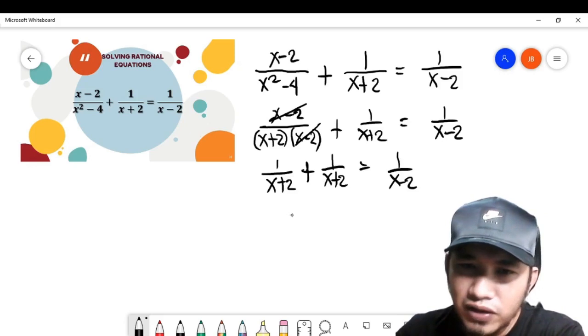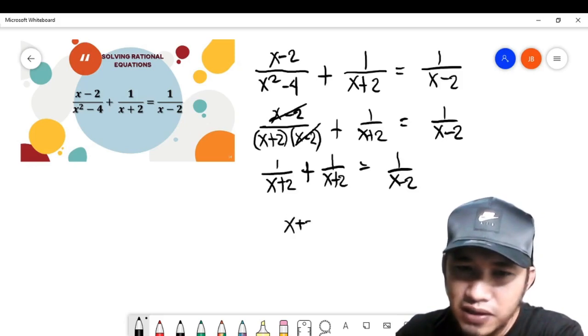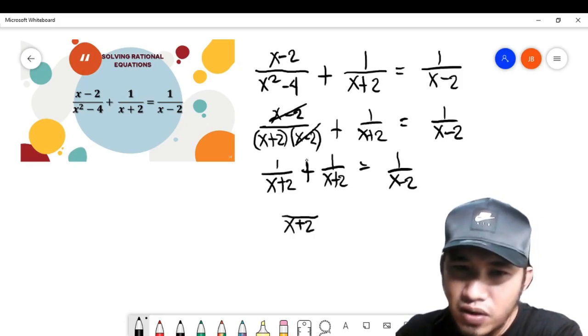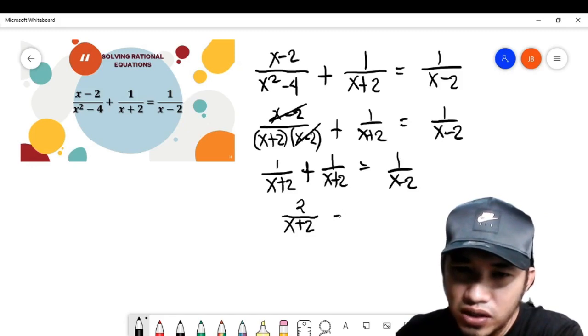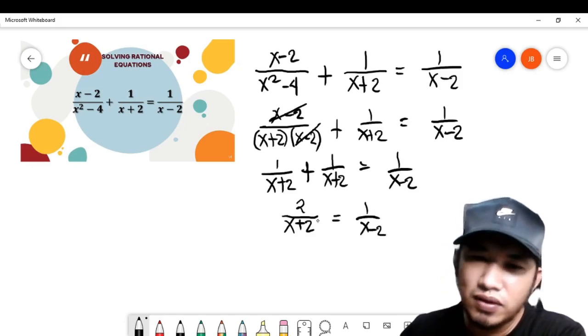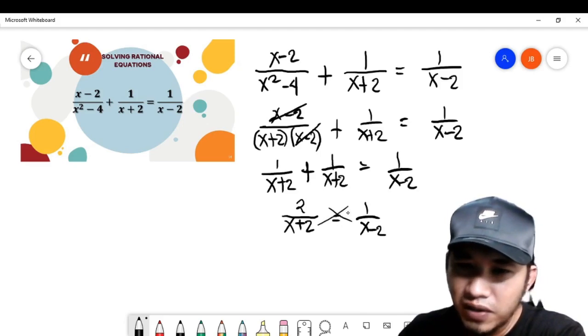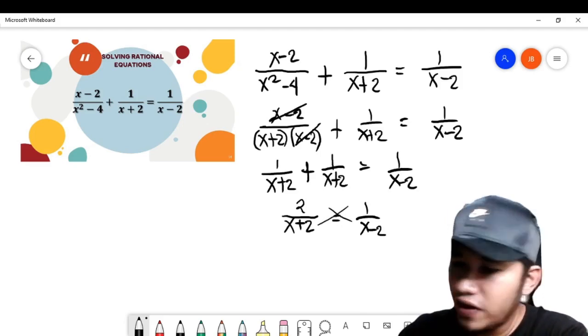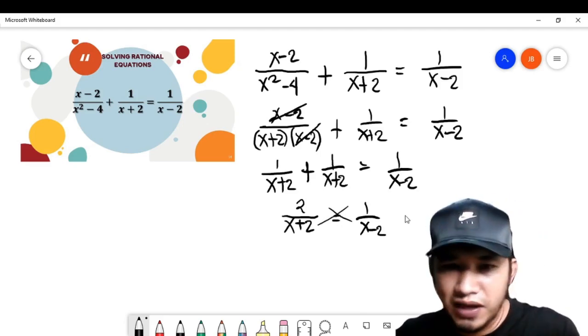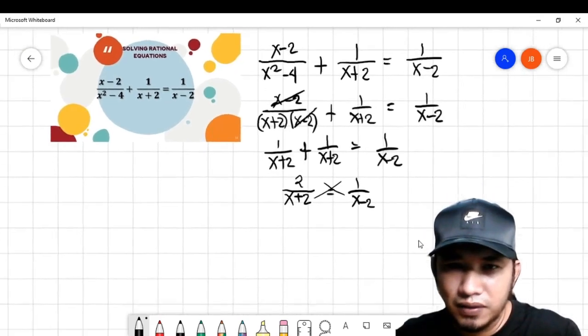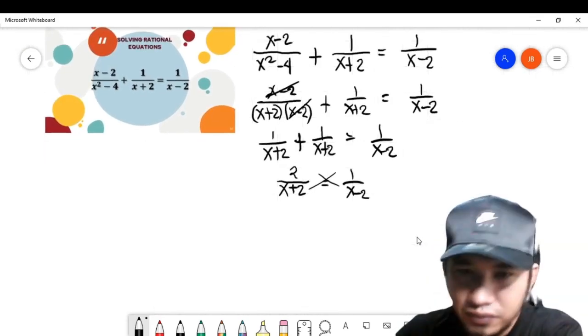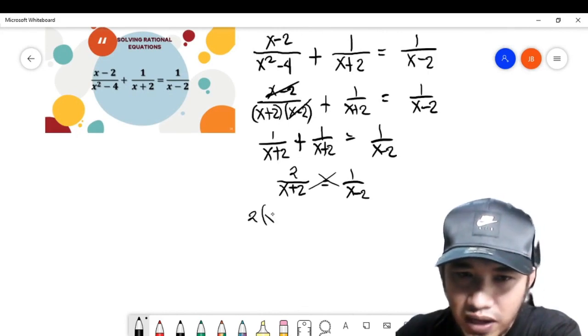So pareho yung denominator, just copy x plus 2 then add the numerator. 1 plus 1, that is 2, is equal to 1 all over x minus 2. Alright, so cross multiplication tayo, very obvious naman, di ba? Palitin lang natin. Ayan. So cross multiplication natin, that is 2 multiplied to x minus 2 is equal to 1 multiplied to x